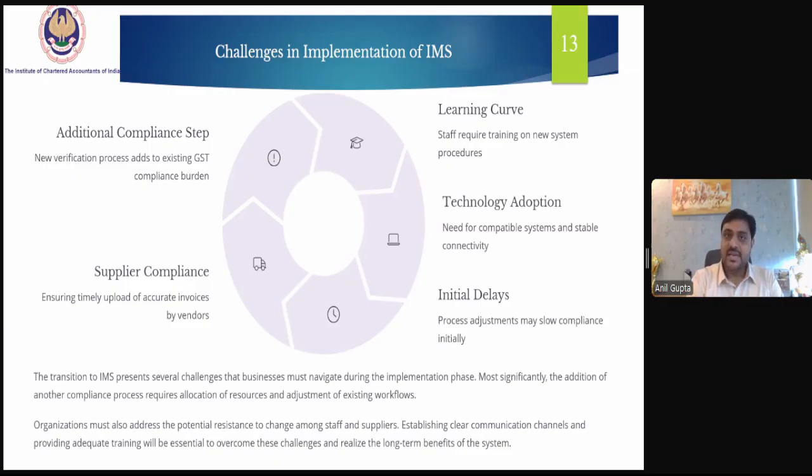So establishing clear communication channels with the staff and the suppliers and providing adequate training will be essential to overcome these challenges and realize the long-term benefit of this IMS system.